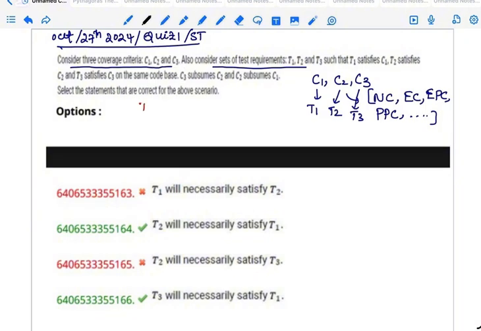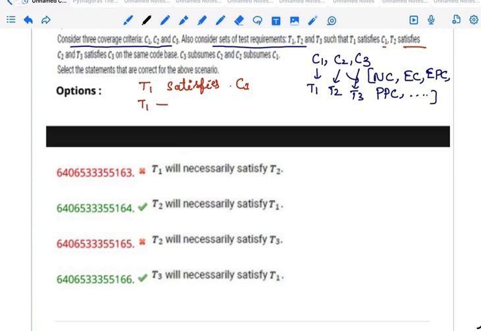T1 satisfies the C1. T2 satisfies the coverage criterion C2. In the same way, T3 satisfies the coverage criterion C3. That is, the code base is the same. On the same code base, suppose C3